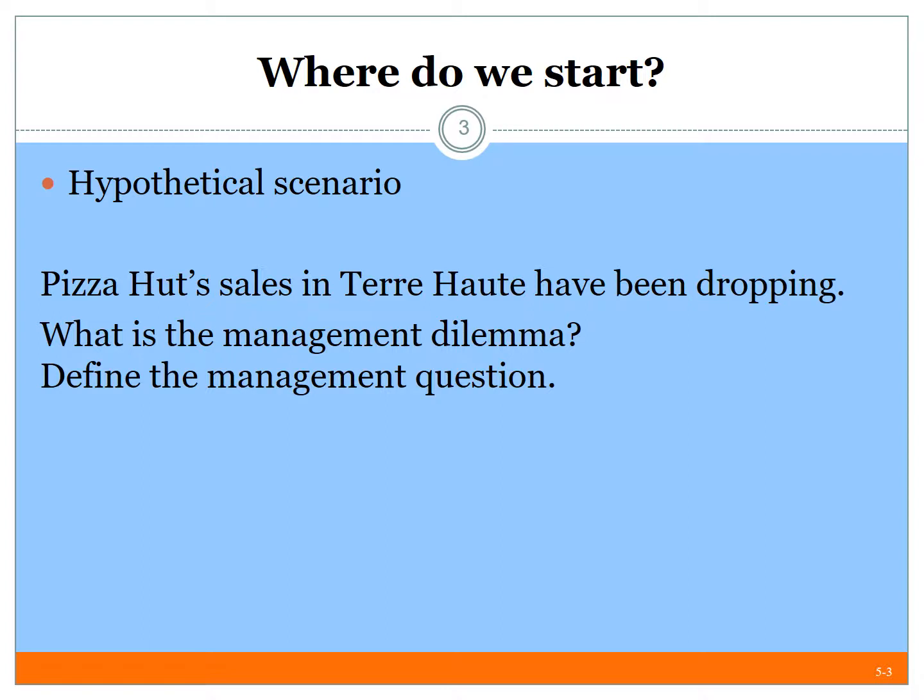So there might be a few different things that we could create as our management question. We might want to define it as why are sales dropping in Terre Haute at different Pizza Hut locations. We might want to ask how do sales in store compare to online sales or delivery sales. We might want to define it more narrowly. How have pizza sales changed in the last year in Terre Haute? Do you see all three of those are very different questions, and